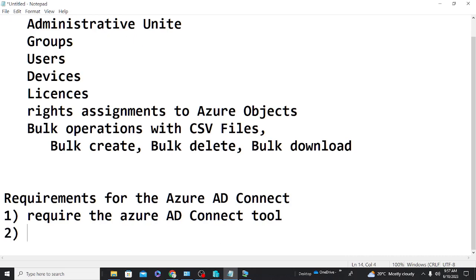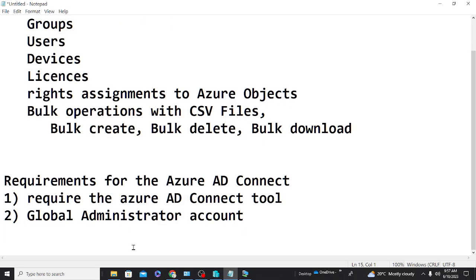Two, we need a global administrator account. We shall see how to create that. A global administrator account. Then three,